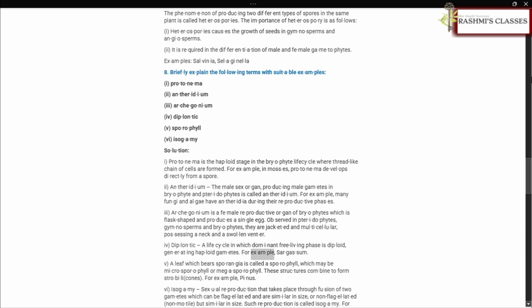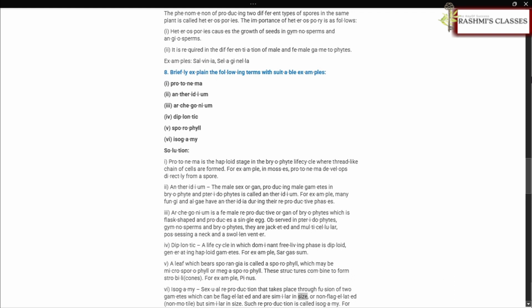For example, Sargassum. 5. A leaf which bears sporangia is called a sporophyll, which may be microsporophyll or megasporophyll. These structures combine to form strobili, cones. For example, Pinus. 6. Isogamy, sexual reproduction that takes place through fusion of two gametes, which can be flagellated and